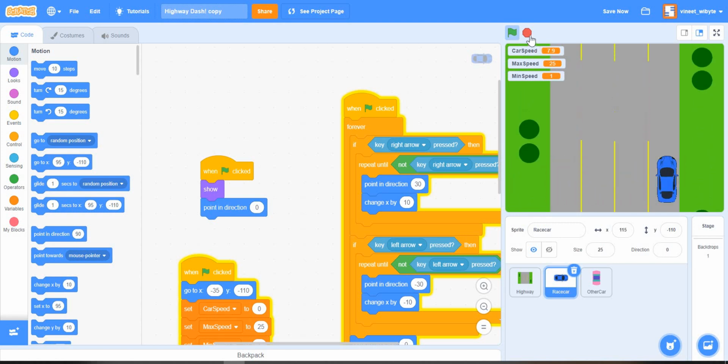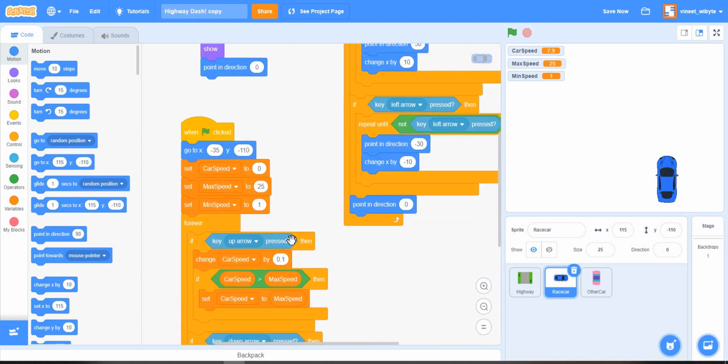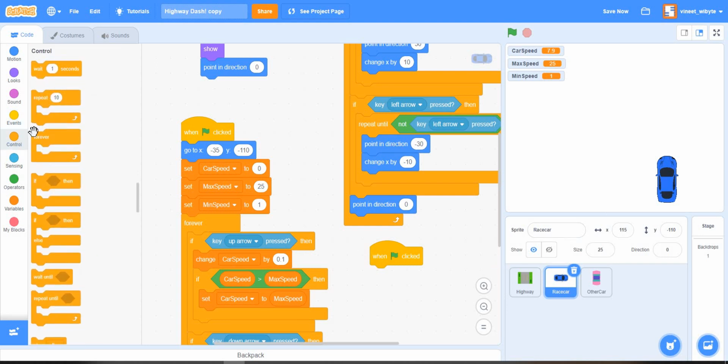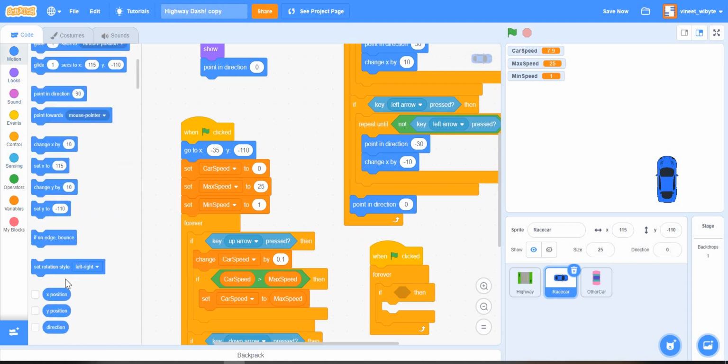So the way I will do it is, I could use many methods, but the method that I will choose to use is a very simple check: if my X position is becoming less than some number, then I prevent it from going in that direction. If it's becoming more than some number, I prevent it from going further, right? That's the whole idea. So I'll say forever, right? If, basically I can use the car's X position in the motion.